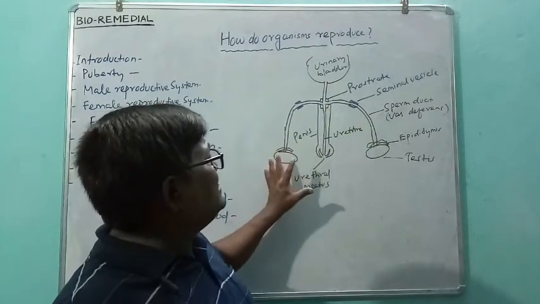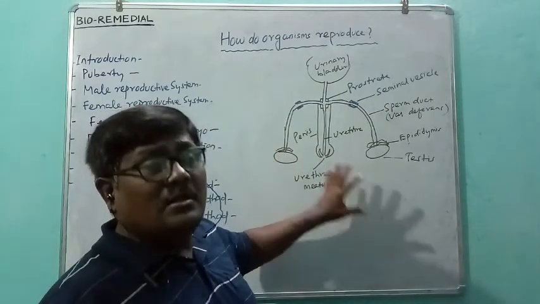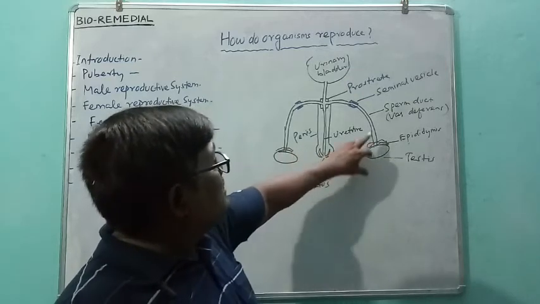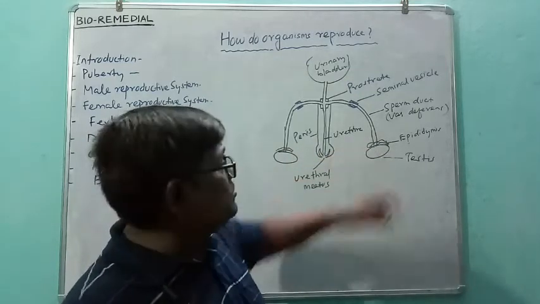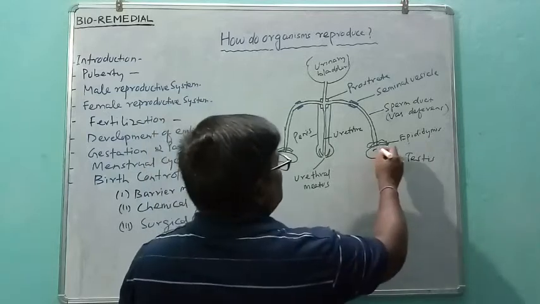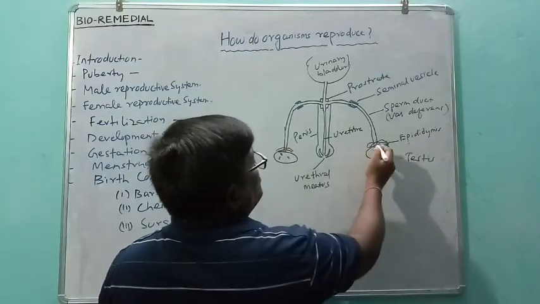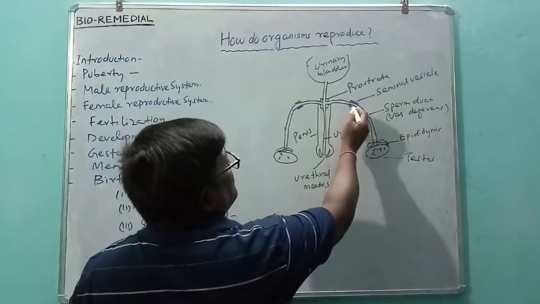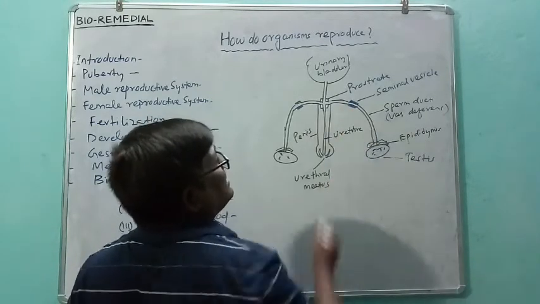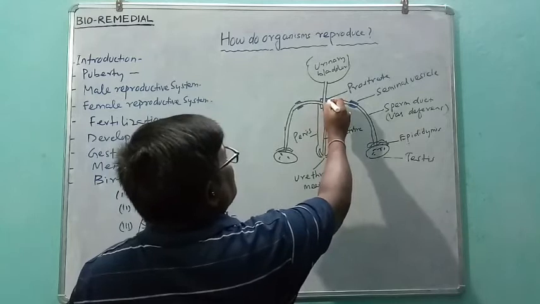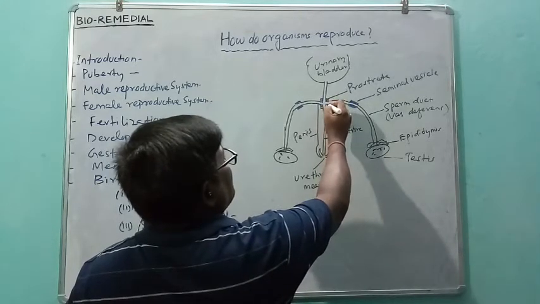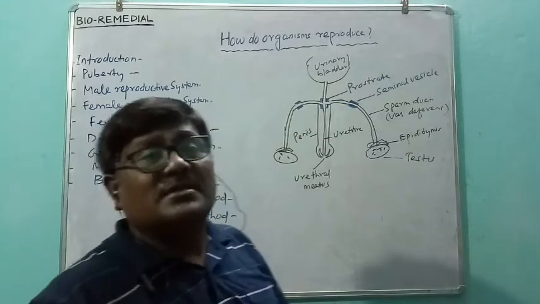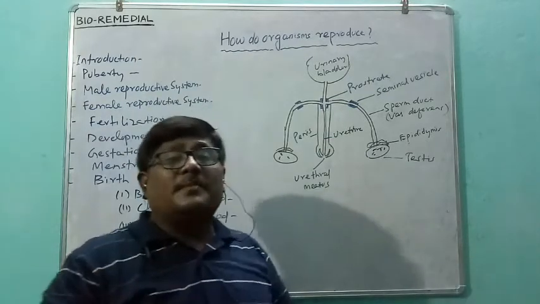Students, it is a very easy diagram, though it is not that attractive or beautiful, but it is easy to understand. This is the place where sperms are produced. Sperms are produced here, then stored in the epididymis, then released by the sperm duct and mixed with the liquid from the seminal vesicle and prostate secretions. These prostate secretions are released into this duct and through the urethral meatus it is released out.